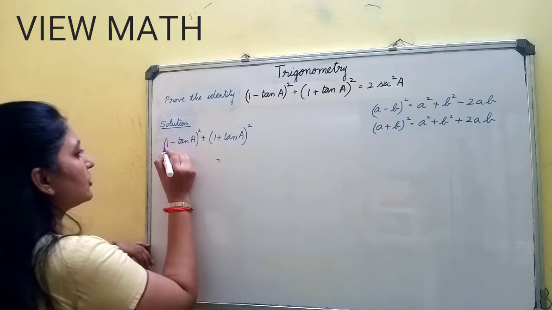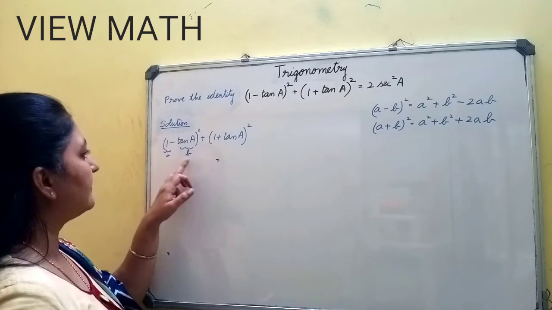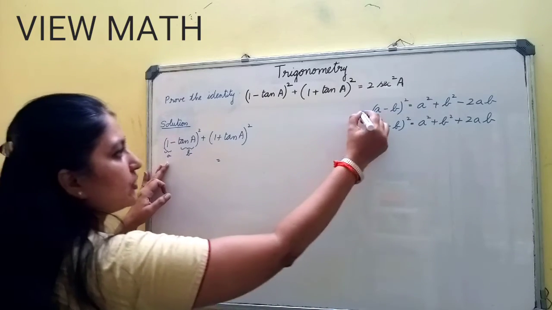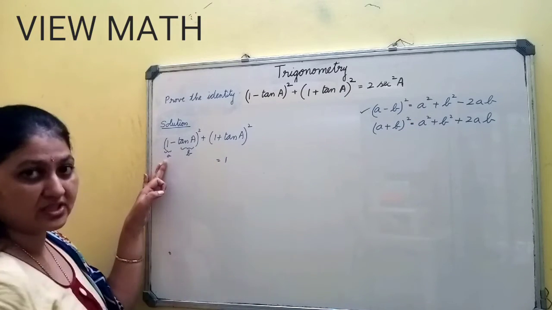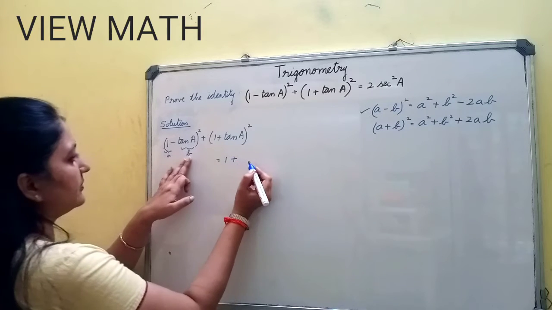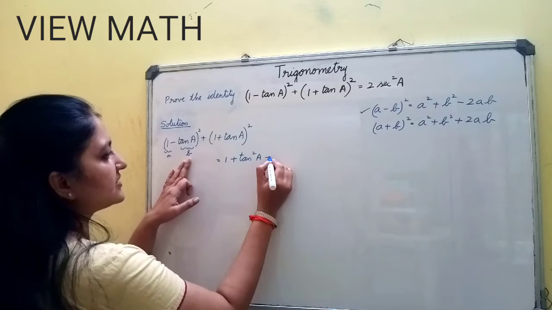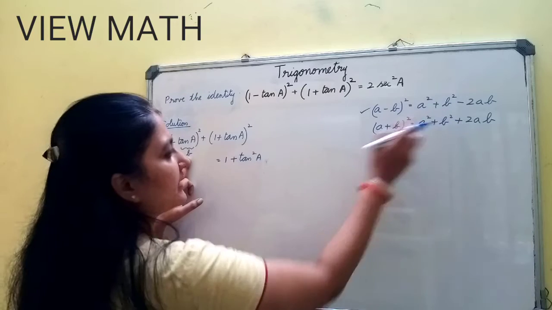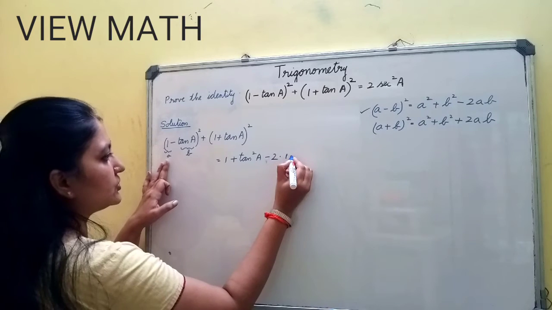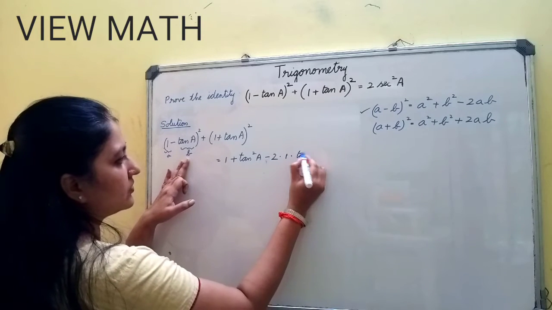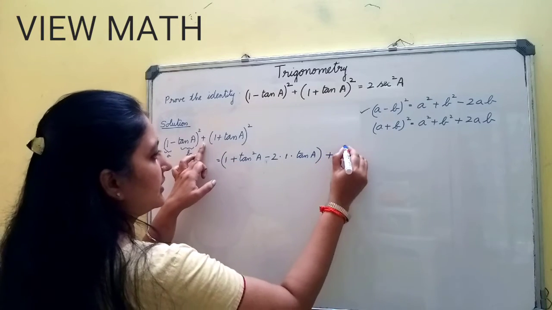So now this is equal to, now this is your A and this is your B. So now this is A minus B. So what is the formula? This formula I have to use: A square plus B square. A square is 1 square, again it is equal to 1. 1 square plus B square. B is tan A, so tan square A, minus 2AB. Minus 2 into A is 1 into B is tan A. Okay? Now let me close it. Okay. Plus. Again open the bracket.